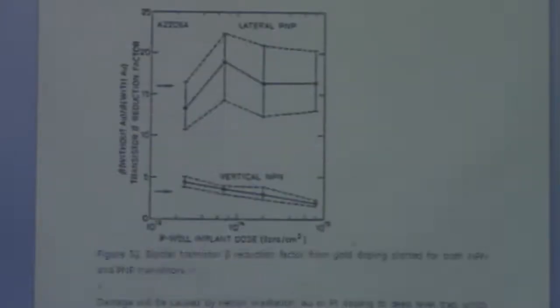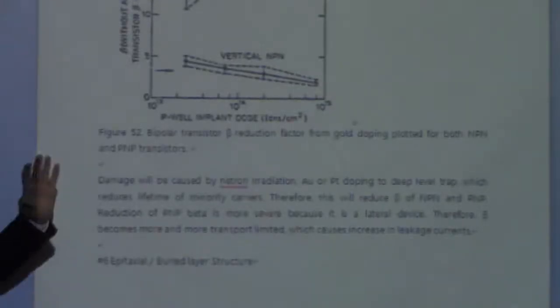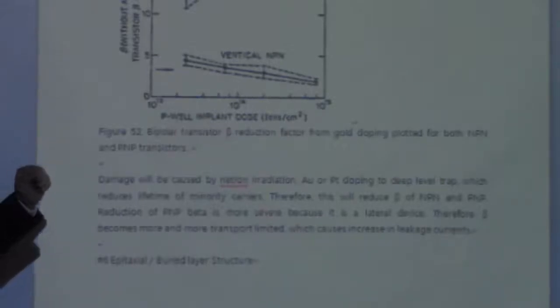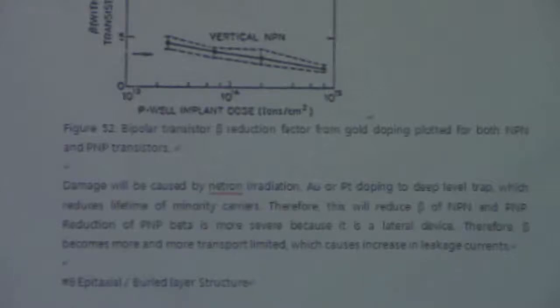And there are many ways to kill the lifetime of the minority carriers in the bipolar transistor to reduce the beta. And that beta is in the criterion, so